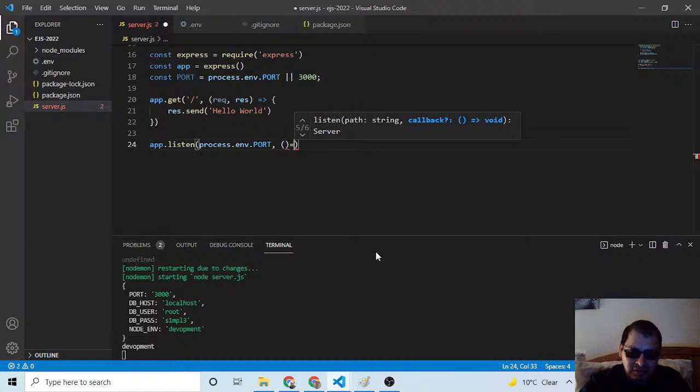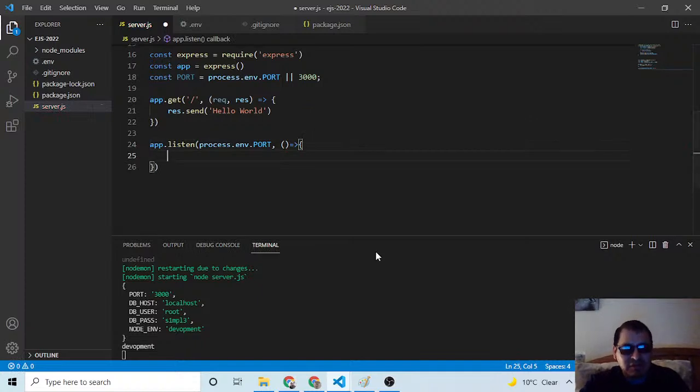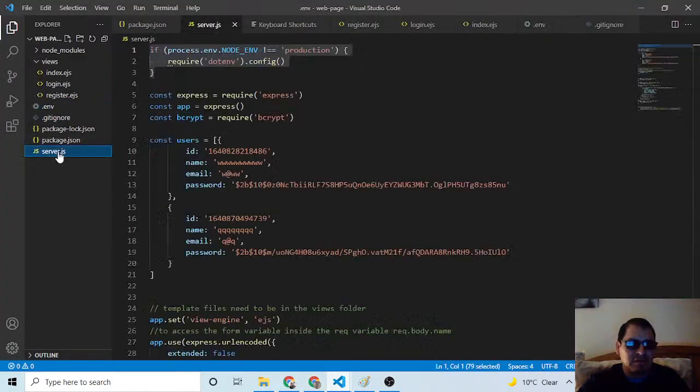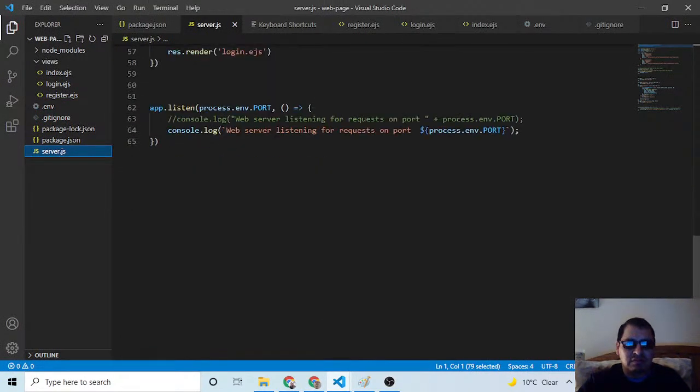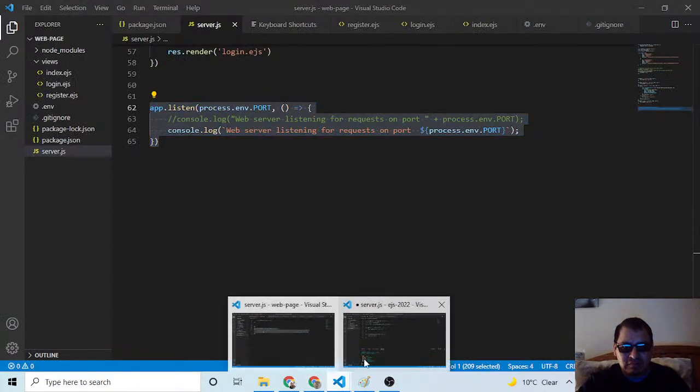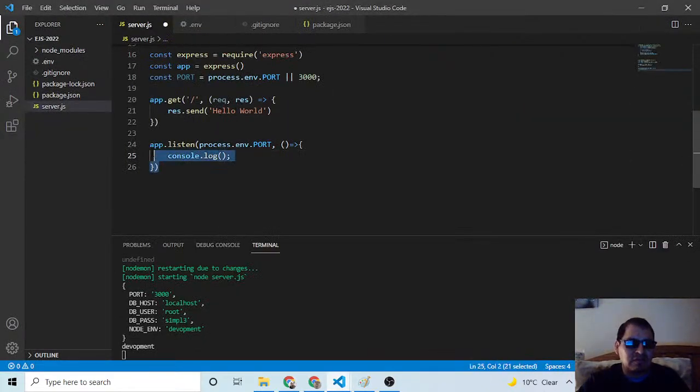Wait, I dislike these arrow functions because it's difficult. So I can say with the backticks, no? Let's do it with the backticks. I'll just copy paste from my other previous thing here. I'll just copy this one. Instead of writing, I'll just put it here at the bottom and compare.